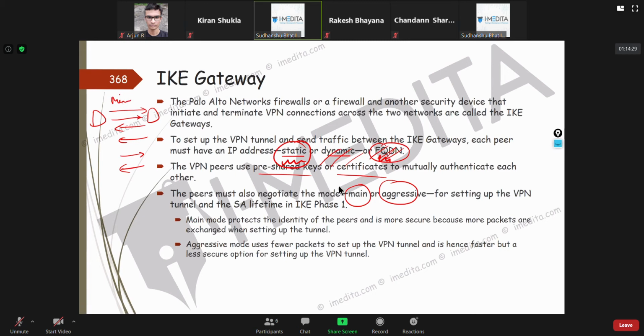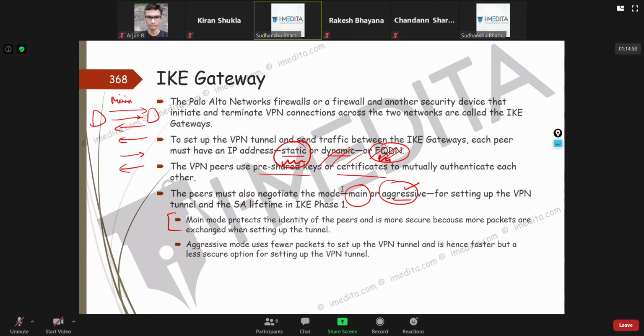Whereas in aggressive mode, a lot of these messages are combined and sent at once. So obviously, aggressive mode will send a lesser number of messages. But it is more secure to have main mode rather than aggressive mode.